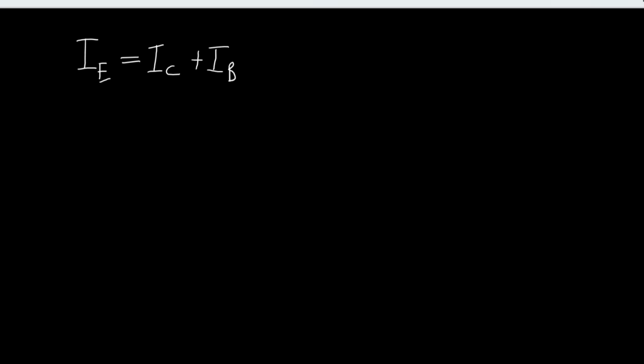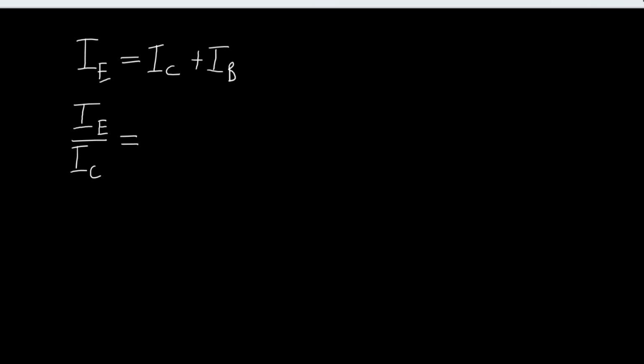Now, from here, let us divide both sides by IC. When we do that, we have IE over IC is equal to